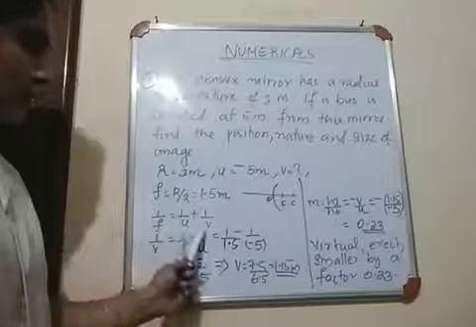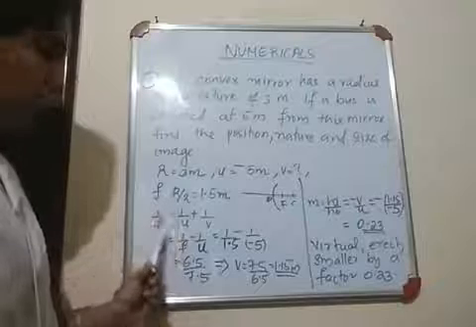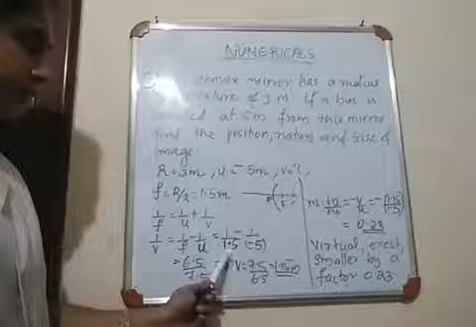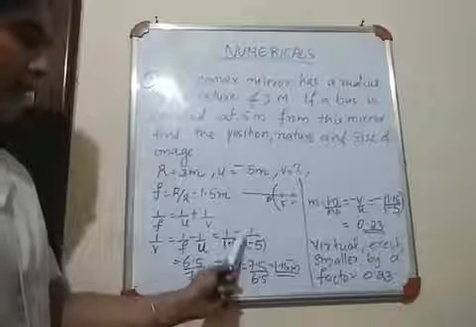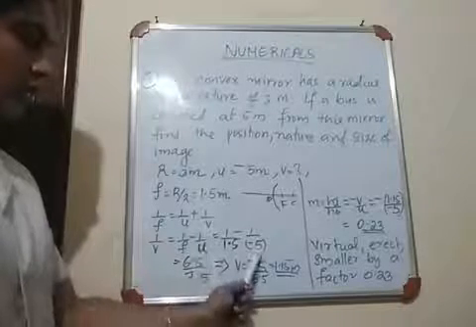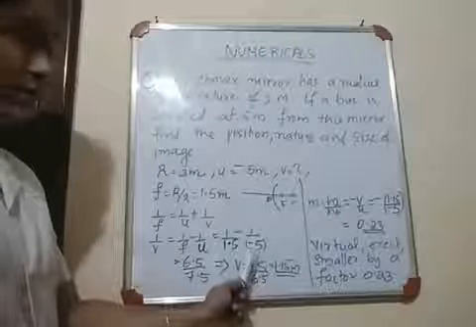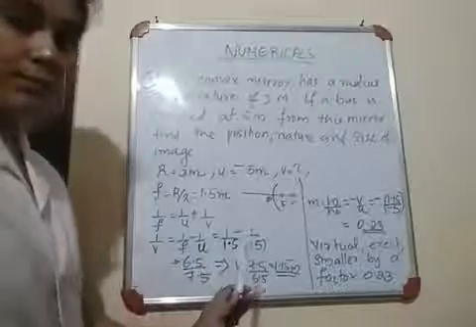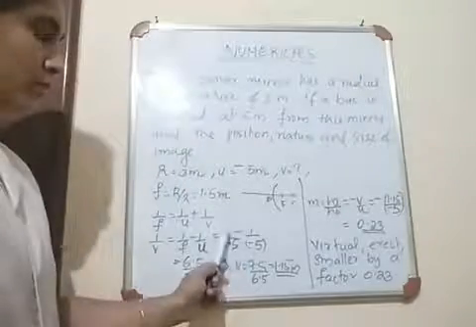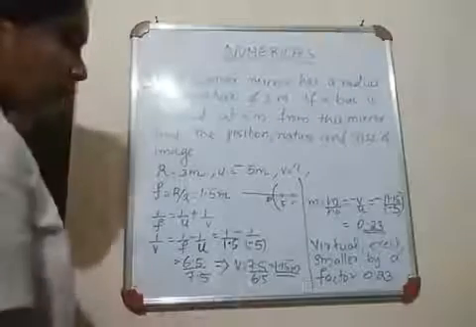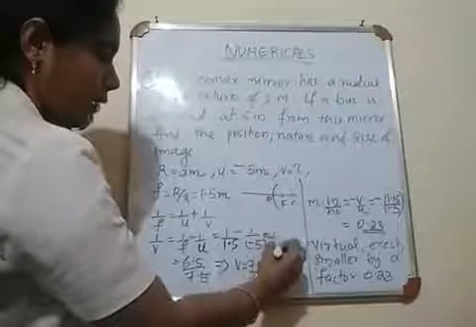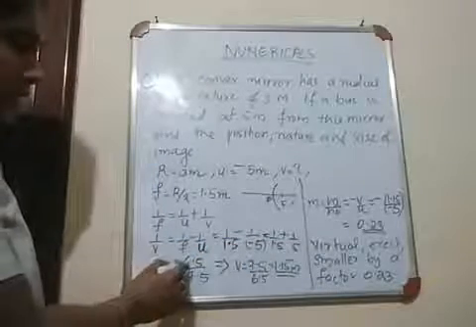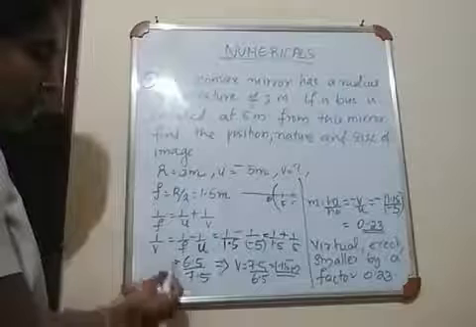So from this, what is 1 by v? 1 by v is equal to 1 by f minus 1 by u. And substitute the value of f. f is 1.5, minus 1 by u. What is u? Minus 5. You need to substitute this minus 5. Never omit this minus sign, otherwise your answer will be wrong. Okay. Then minus into minus will be plus. So here you will get 1 by 1.5 plus 1 by 5. And when you simplify this term, you will get 6.5 by 7.5. That is 1 by v.